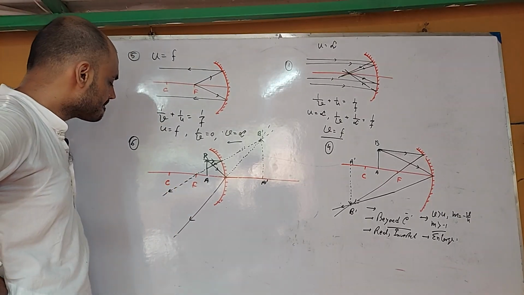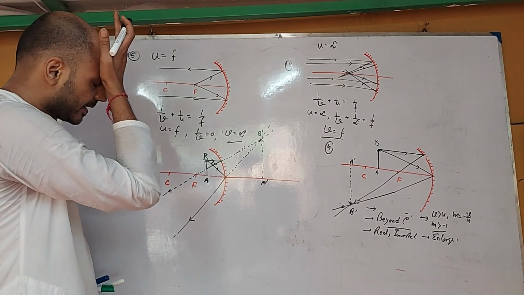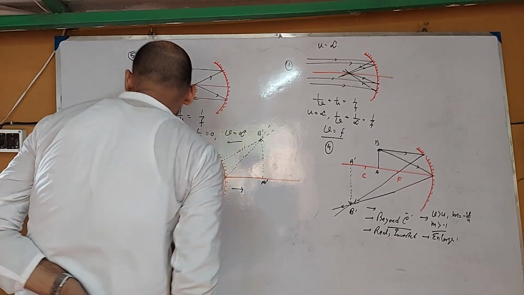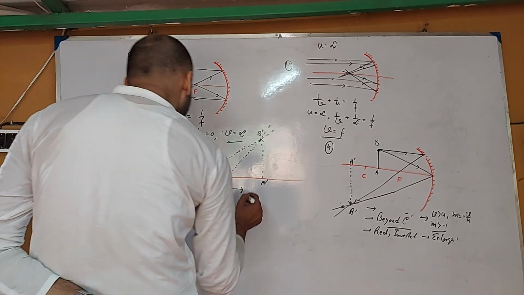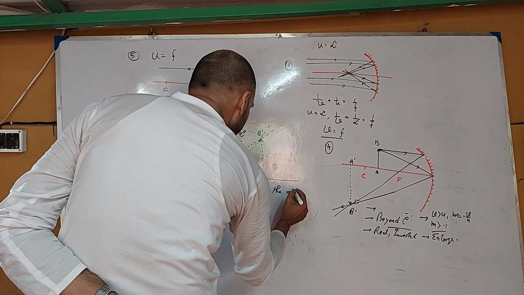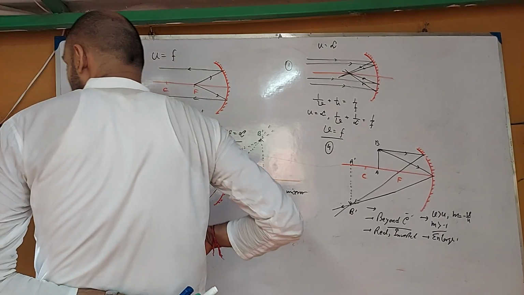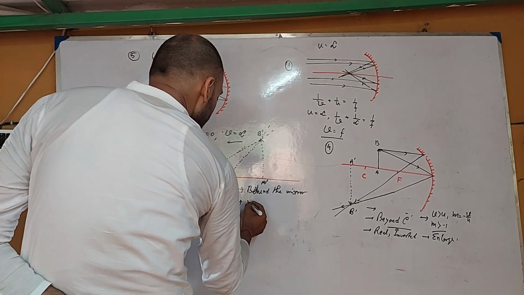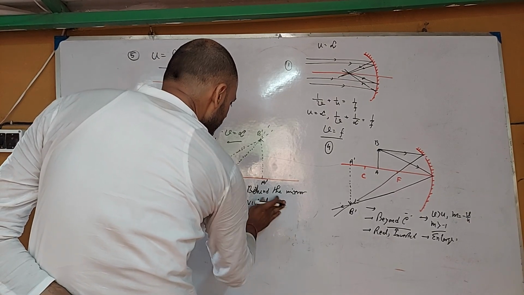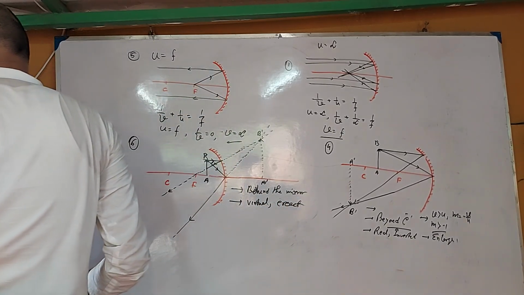where the position of the object is in between f and p, the focus point. So this is the first condition: the position of the image should be behind the mirror. And the second is that it should be virtual and enlarged, virtual and erect. Erect means